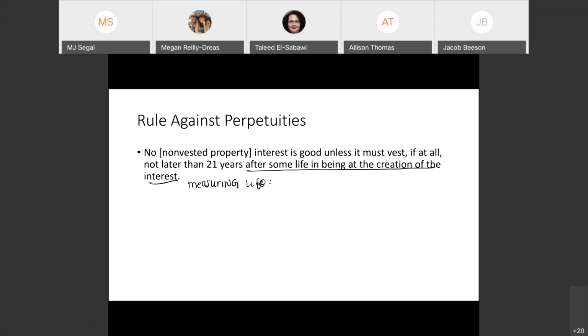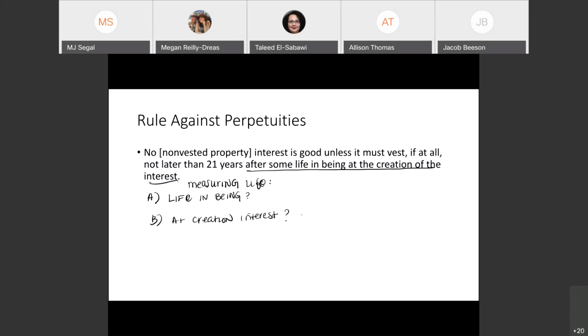Okay, A. One category is an actual life. Wait, sorry, you have to break this up into two. I forgot how I did this. Okay. You have to break this up into two components. First, you question whether the life is in being. And then your second question is, was it in being at the creation of the interest? Okay, why are these two different things? Because